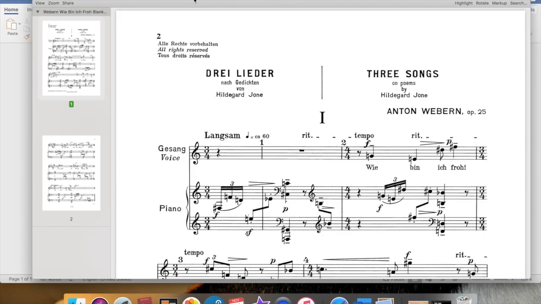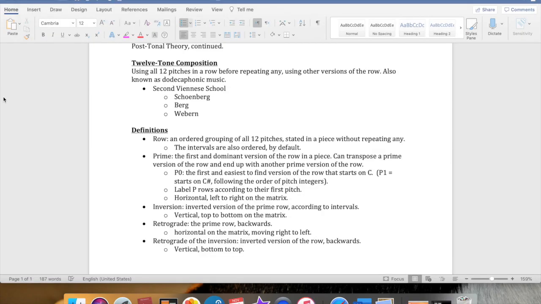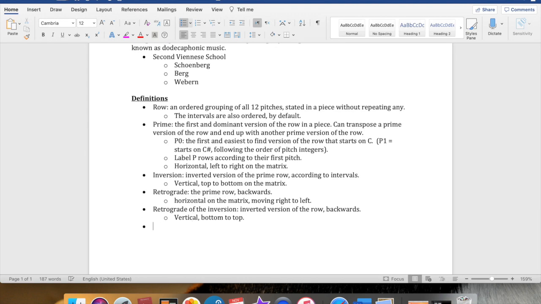I wanted to also just mention that I'm getting a lot of the particular details for this analysis from a book. First, I'll tell you who it's by: Joseph N. Strauss, a living music theorist who teaches at the City University of New York Graduate Center. The book is Introduction to Post-Tonal Theory.